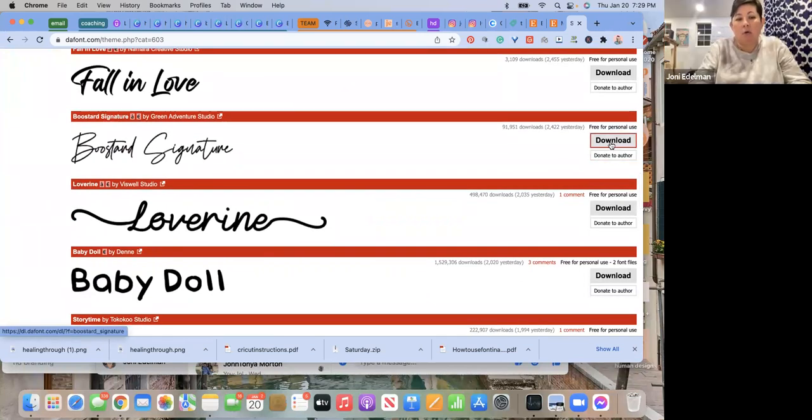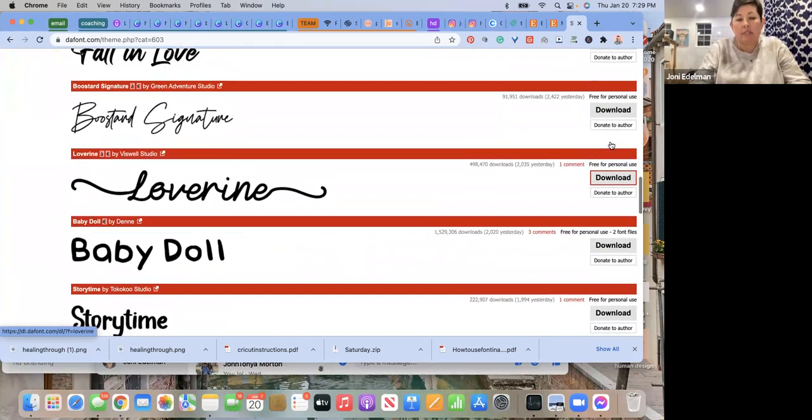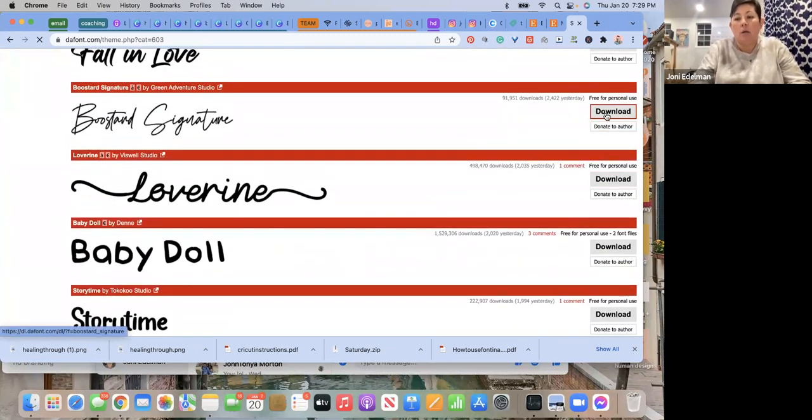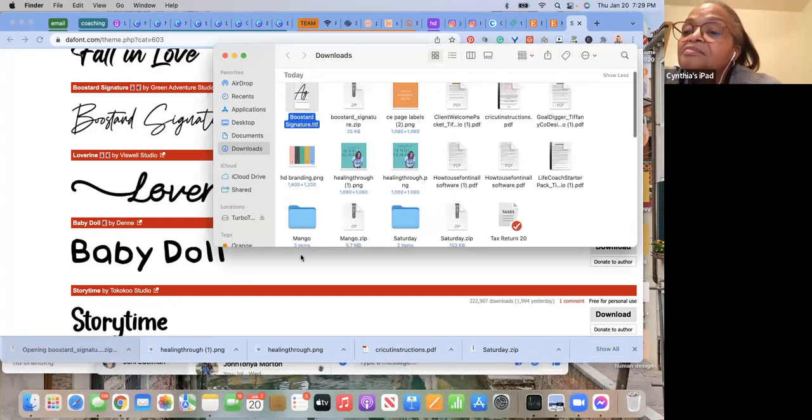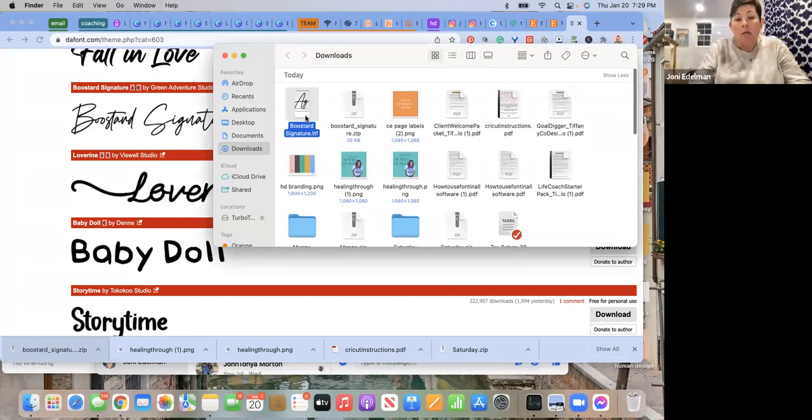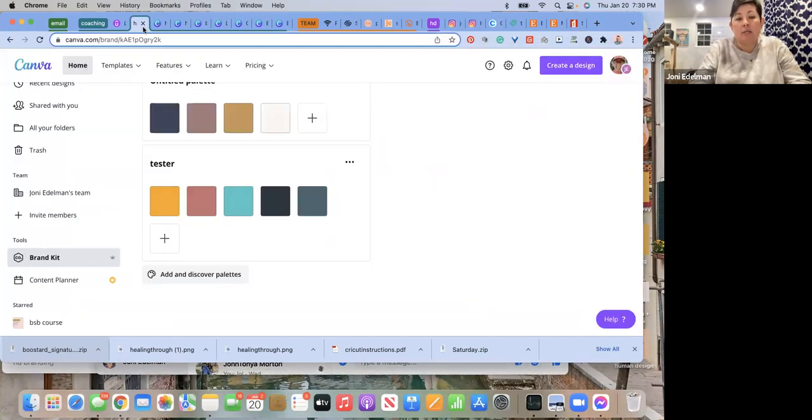Yes. So you would download this if you wanted this one. Let's say we want boosted signature. Download it. It's free. It's going to download as a zip file on your computer. If you're on your phone, you'll have to use a program to unzip the file. The app is called iZip, but on your computer, you can just click it and it will automatically do it. So here it is. It opened here, right? Now, if I want to add this into my